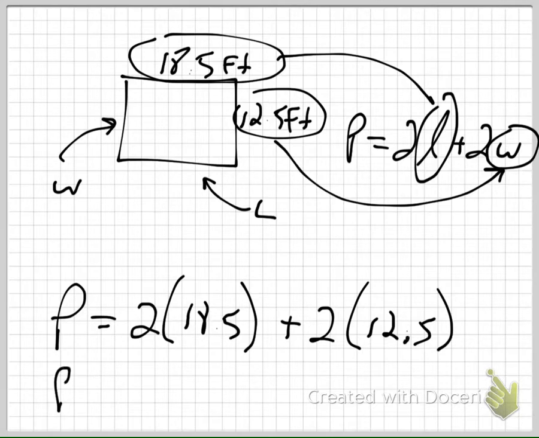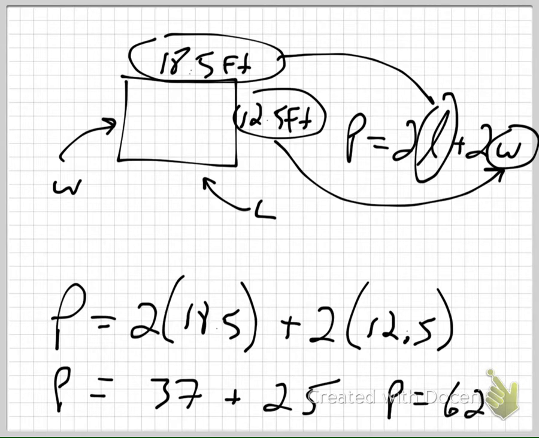Is the variable happy? Yes, he is very happy. He's alone, but we don't have an answer yet. We need to solve this side of the equation, right? But the variable's happy. Agreed? What is 2 times 18.5? 37. Plus, what is 2 times 12.5? 25. 37 plus 25 is 62. P equals 62. That would be the perimeter is 62